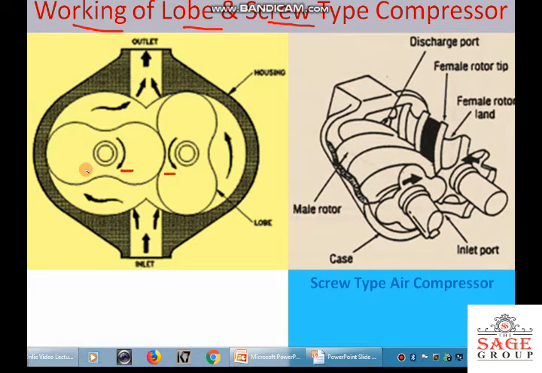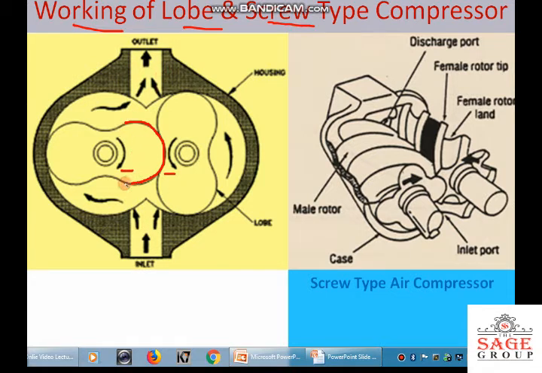One is rotating in the clockwise direction, and the other one is rotating in the anti-clockwise direction. One lobe is connected with the driver and the other one is geared with the driver, so it is the driven. The profile of these two lobes is either involute or cycloidal. So there is no gap between these two surfaces, there is complete meshing, and the purpose of making such profiles is to seal the inlet section from the outlet section.